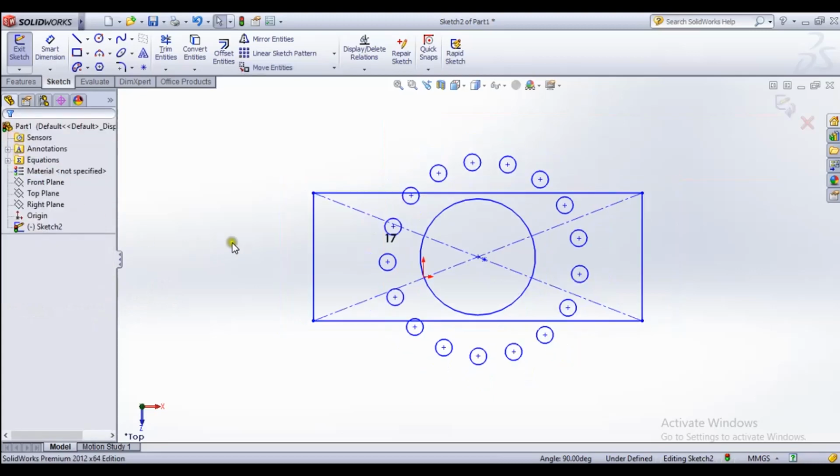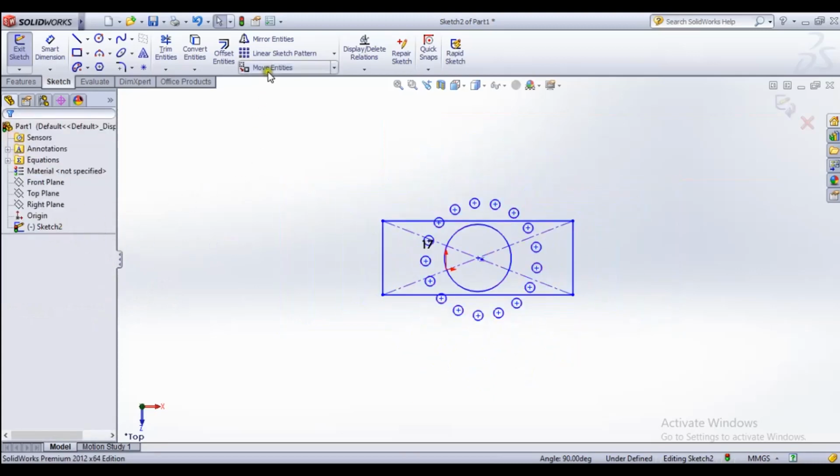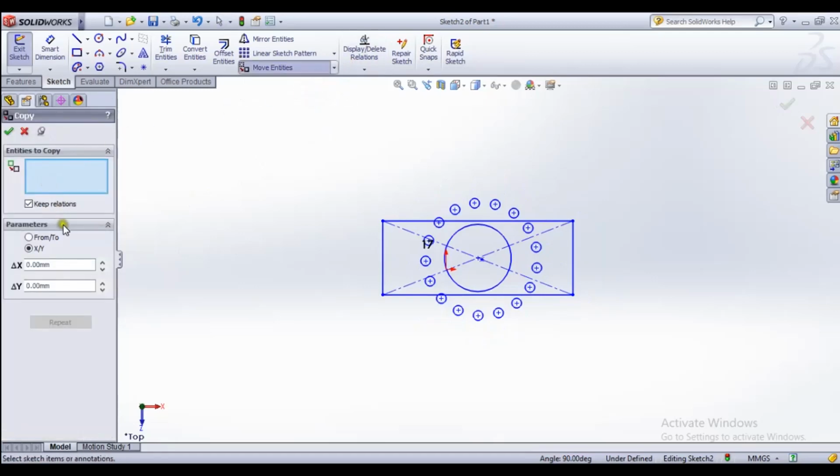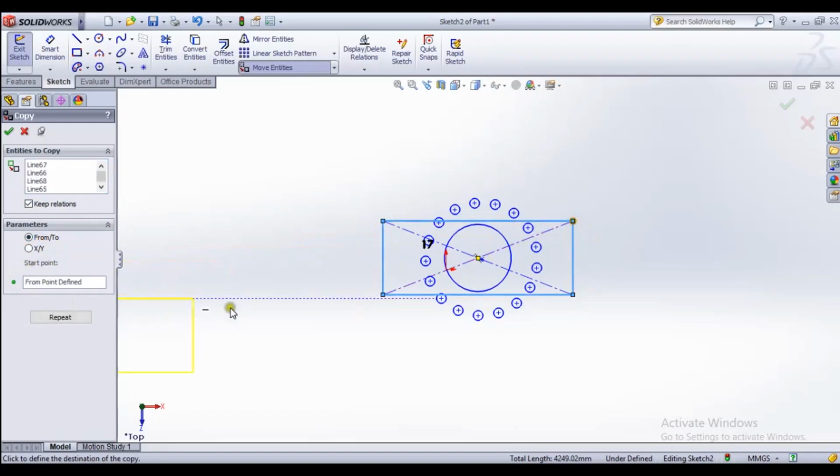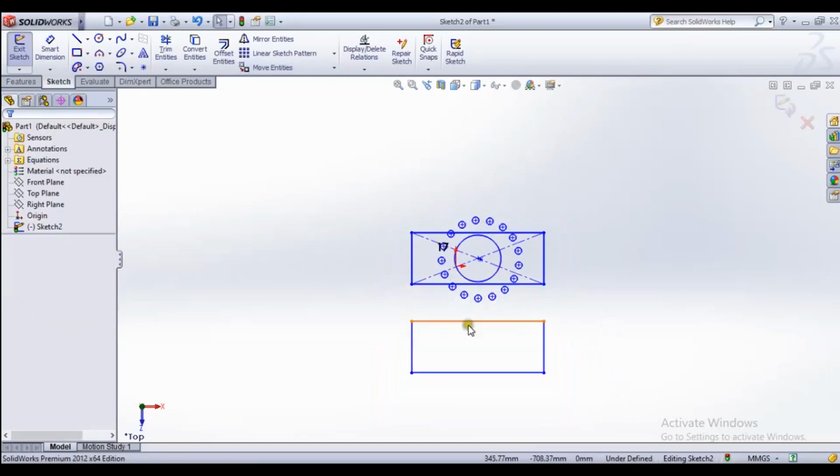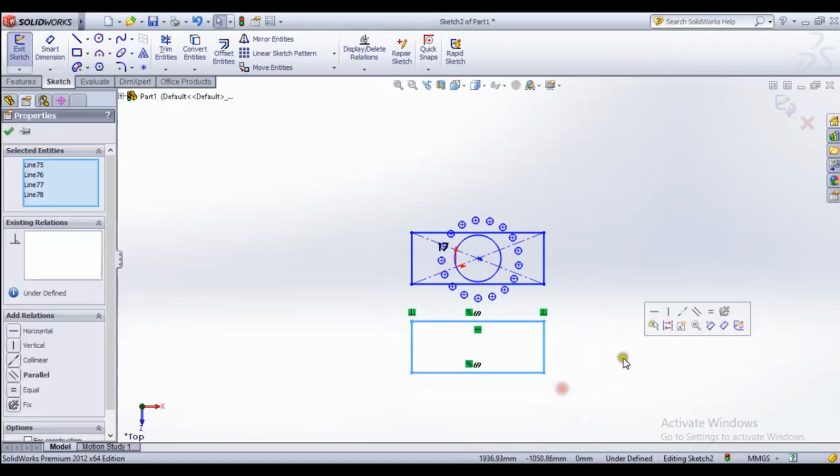Okay, here deep relations. You see that I copied this rectangle with the dimension and all other relations to another location.